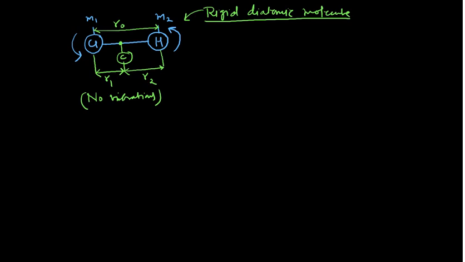Now what we can do, see, at the center of mass, what will happen? M1R1, which is the mass of the chlorine times the distance R1 from the center of gravity to the chlorine, would be equal to M2R2. This is the definition of the center of mass. The weights which are dispersed are balanced. Balance means M1R1 equals M2R2. This is at the center of gravity, which is very, very important.